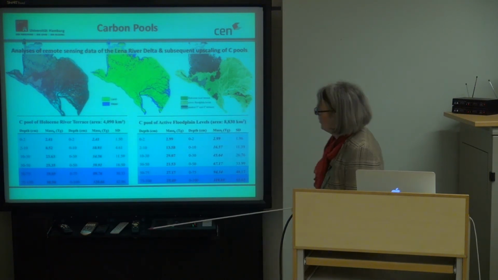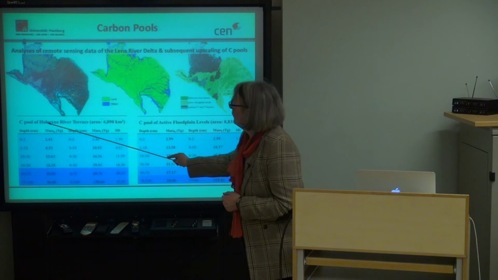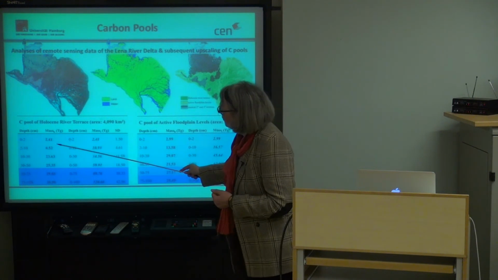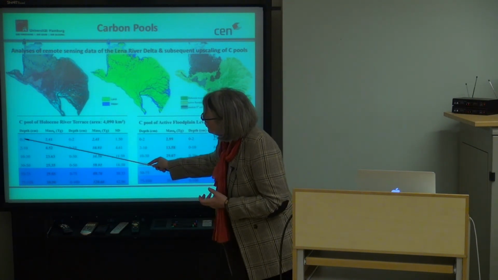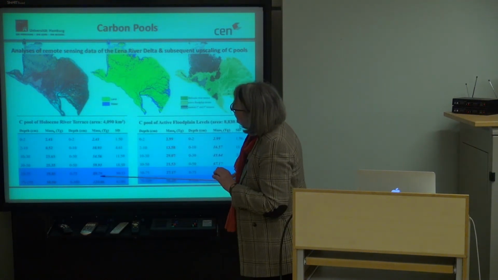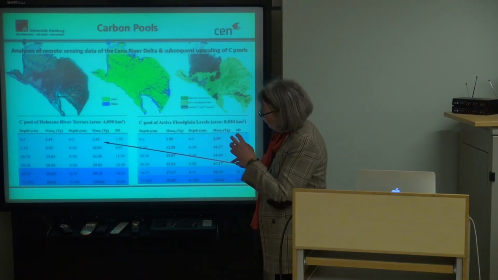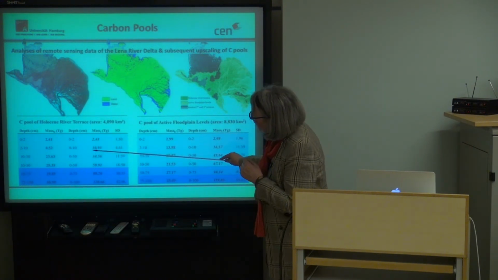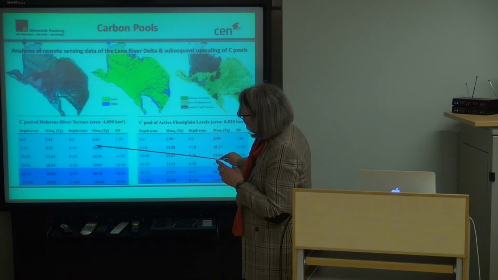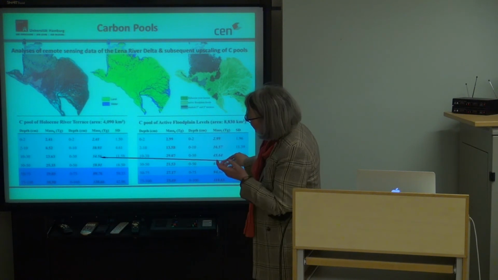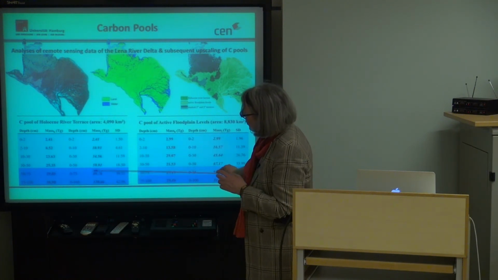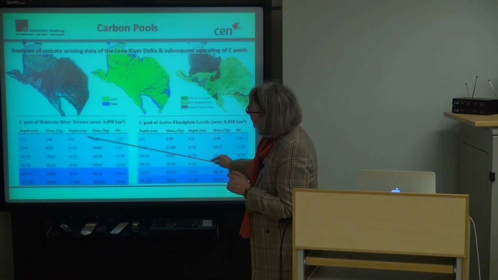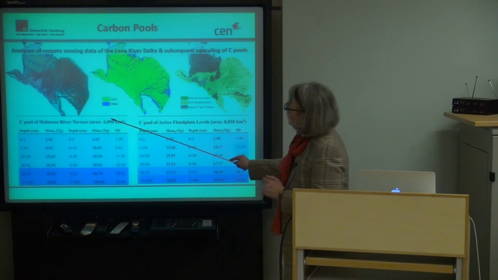We got a lot of information on it. And this was the result here for the Holocene river terrace, very proper work. And these are the amount of carbon stored for these different layers. And in this column you see the calculated or added for the upper meter. This is about the 0 to 2. This is the amount stored with 0 to 10, this 0 to 30, and so on. This is the whole amount in teragram of carbon in this Holocene river terrace, which the whole area of the